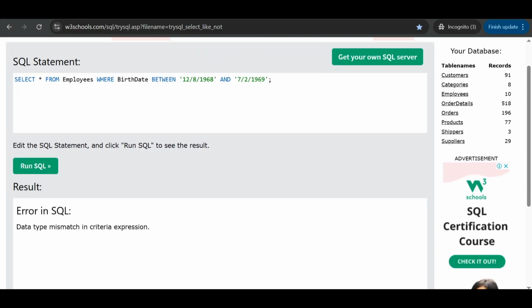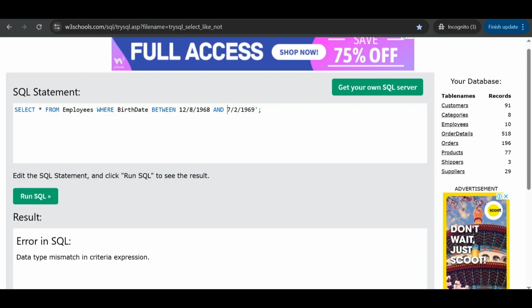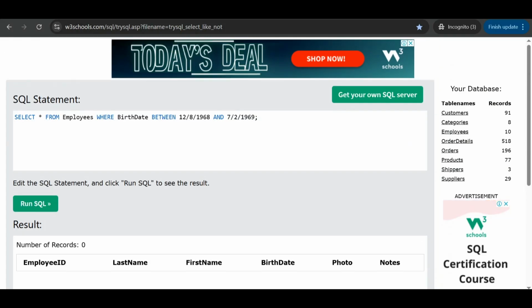The result is also unacceptable because the data type is mismatched. Maybe I cannot use this SQL editor for the example.